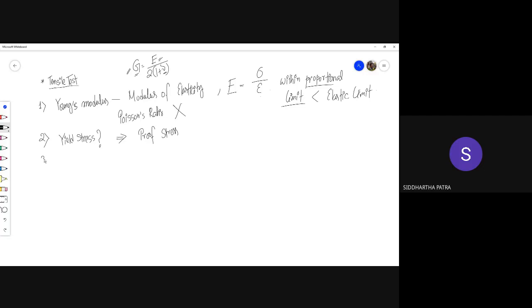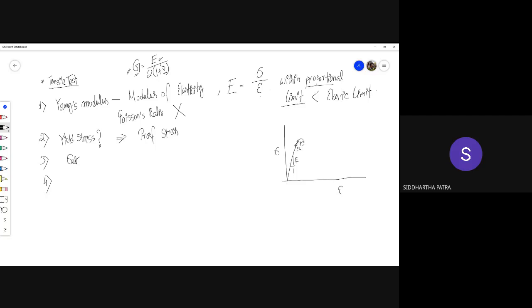But what else do we get? We get the ultimate stress, which is the maximum stress value on the stress strain diagram. So if I start plotting the stress strain diagram, the first part is the elastic part. The slope of that part is Young's modulus, and that eventually ends at something called the proportional limit. But the material still remains elastic up to a certain point, so if this one is the elastic limit, there comes a proportional limit.